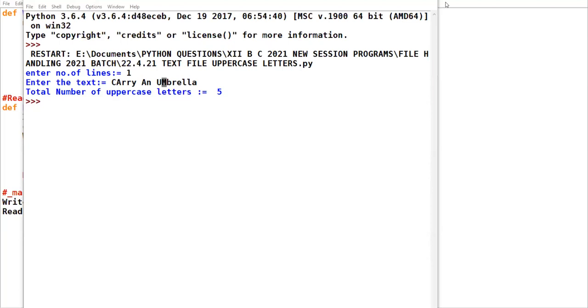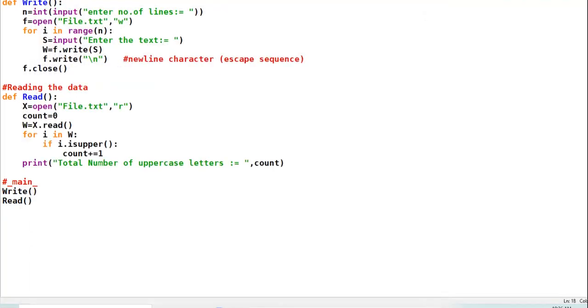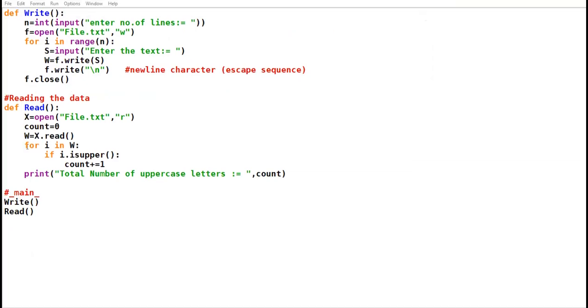Okay, let me change the scenario of the logic. Yeah, Sarvinder was having doubt in this for loop. Beta, I give one example here. Just see. I have a list.